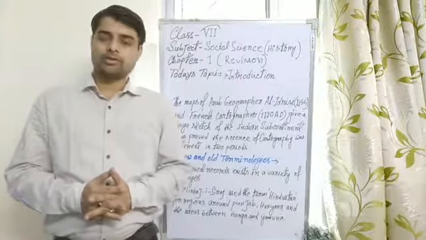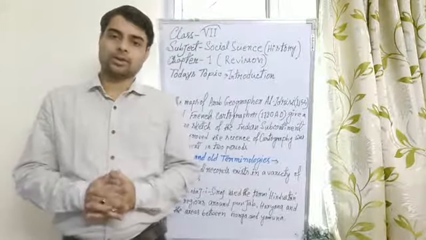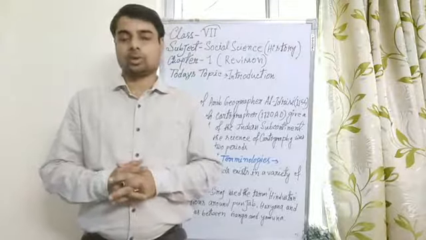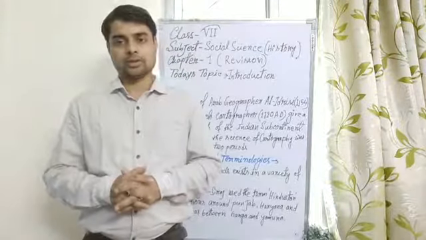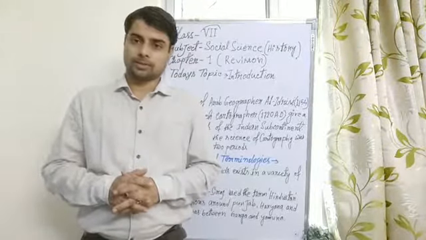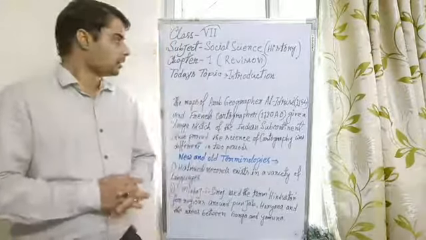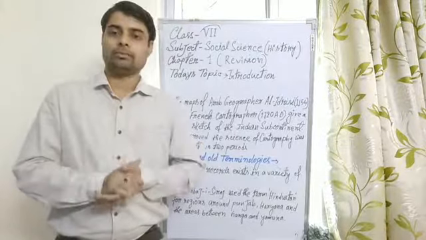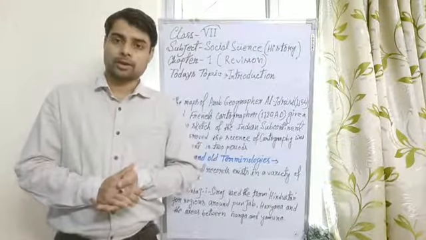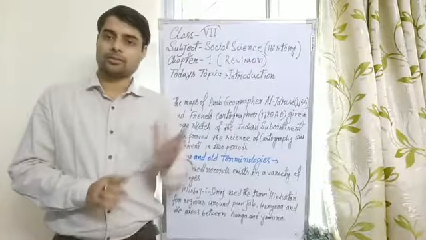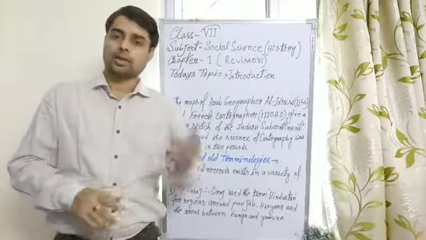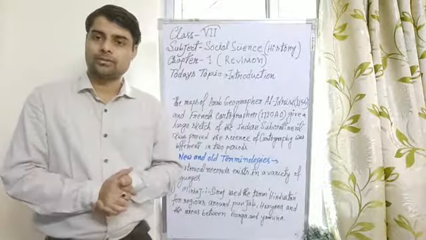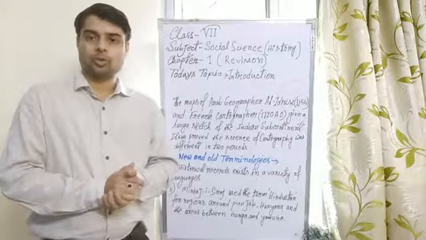Today I am revising the first chapter of your social science history class, and the name of the chapter you have already known, Tracing Changes Through 1,000 Years. You have already watched that video in the previous class and as a PowerPoint presentation on the first two subunits. Today I will again discuss both subunits on the first page of your history book.